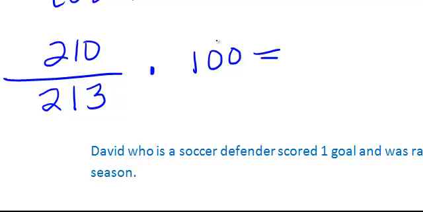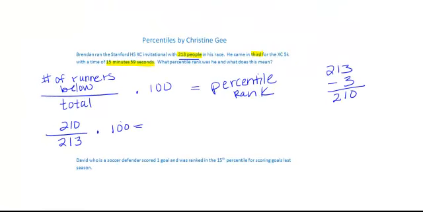So the way that I do this on my calculator is I just take 210, and then I divide it by 213, and then I hit equals, and then I get this long decimal. I don't take that out of there. I just go ahead and multiply it by the 100 to change the decimal to a percent. And I'm getting a decimal that goes on, so let's just put it to 98.591. Now, if they're asking me to round it